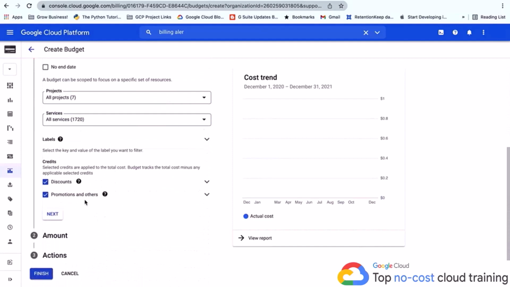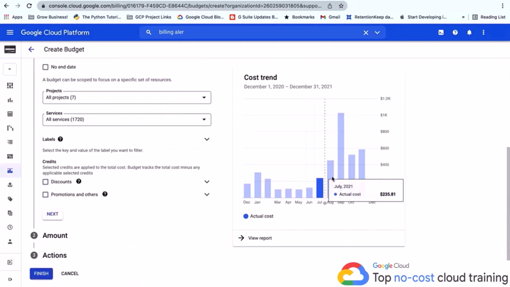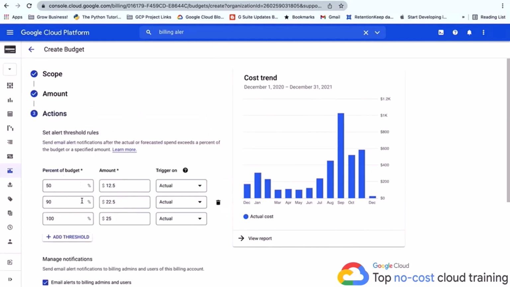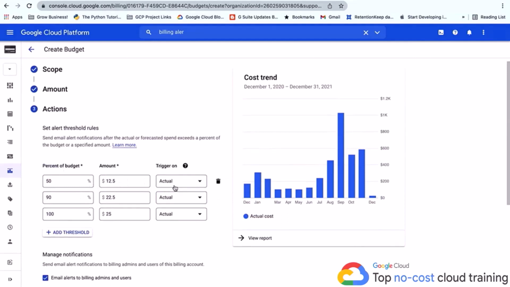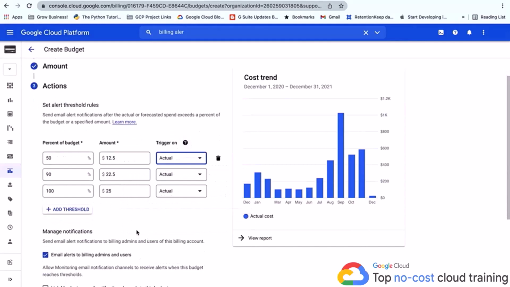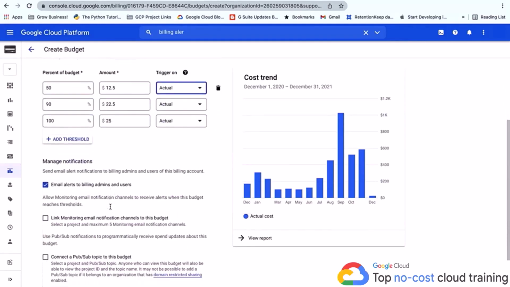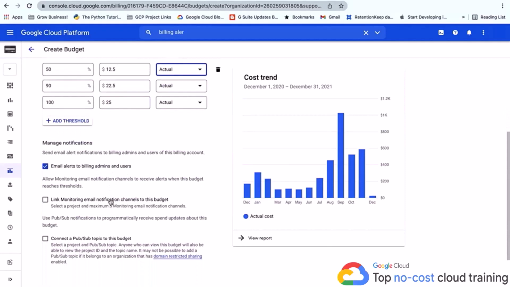If I scroll down here, I'll remove discounts and promotions. You can see costs right there that just showed up. Then I'll hit next. From here, I could say, okay, anything over $25, I can set this up. Once I reach 50% of that, I can have a trigger. And what that trigger is going to do is ultimately send a notification to all the billing admins and users. From there, you can do some more advanced things, but for the purpose of the Cloud Digital Leader,